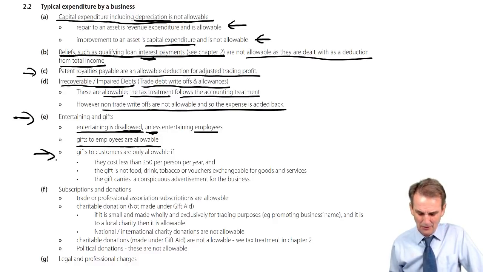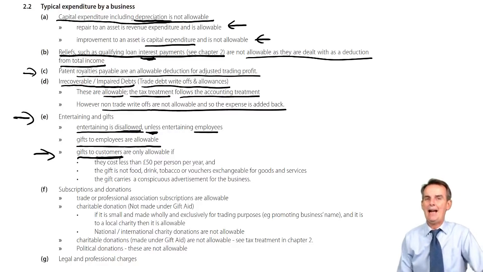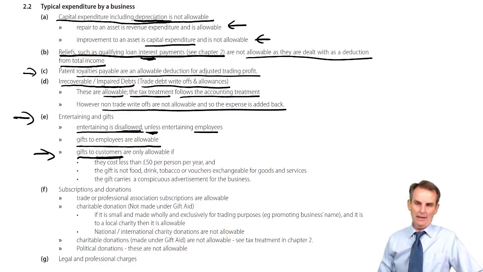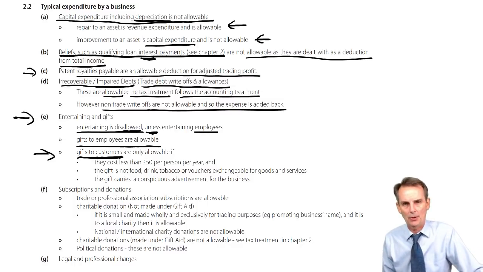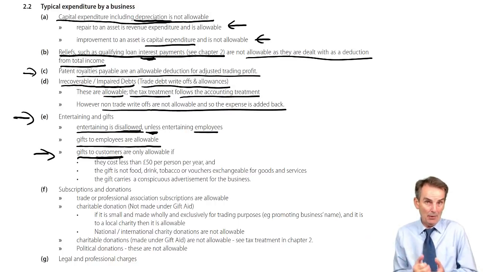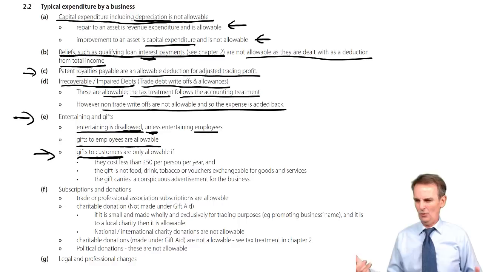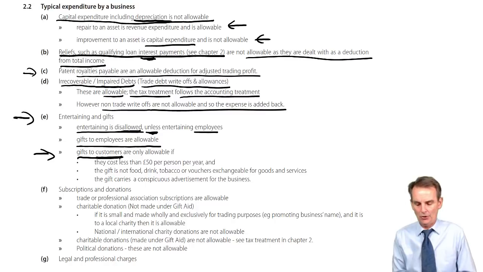The one that regularly comes up, gifts to customers. Now here, you have to learn the rule. Only allowable if they've got a cost less than £50 there per person per year, the person to whom you make the gift. Cost less than £50 per person per year. They must represent a conspicuous advertisement for the business. So you've got your business name emblazoned over it, hence the typical normal ones like a diary, for example, with the business name embossed upon it. So cost less than £50,